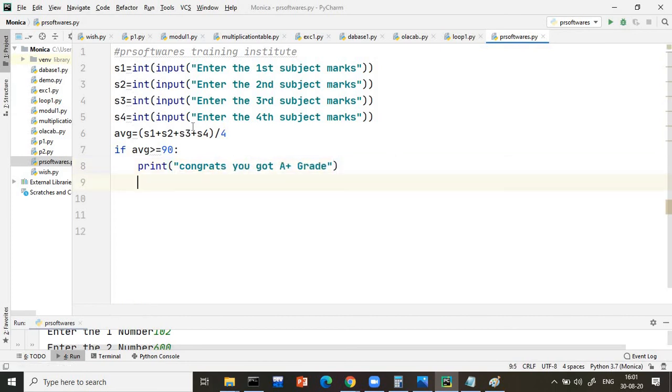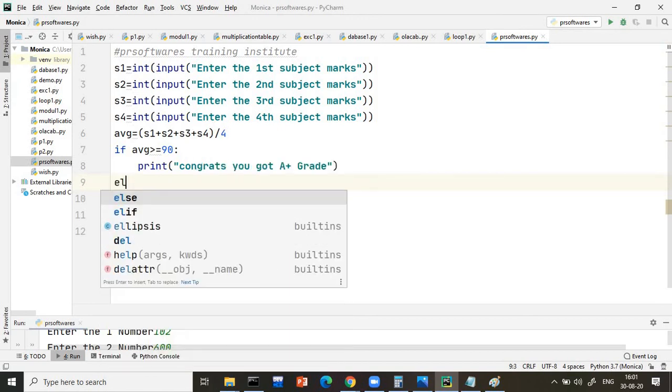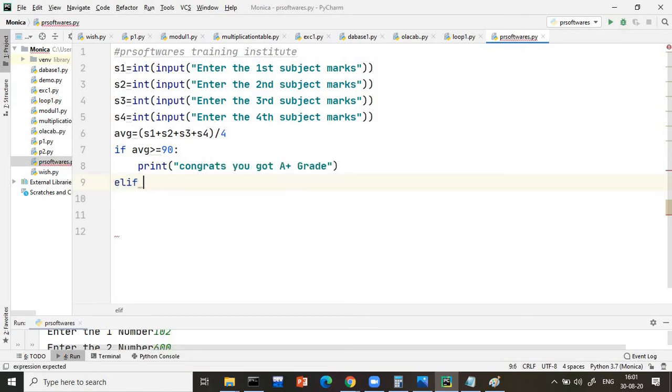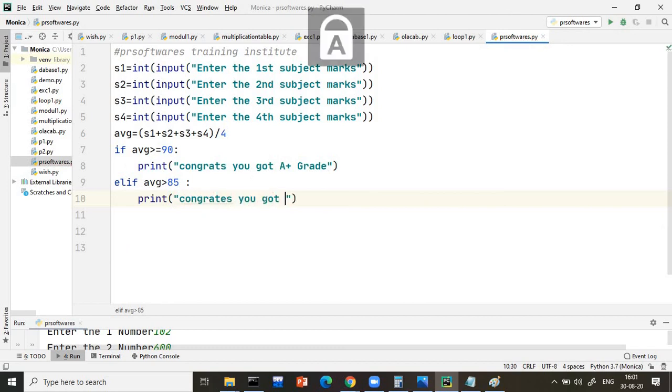Now if this condition is not greater than 90, then it will come to which block, guys? Elif. Just now we have seen if that condition is false, it will come to the next block. Here I will write average greater than or equals to 85. Actually many students will write average greater than 85 and average less than or equals to 90. But here no need to write. Why? Because when it is less than 90, then only it is coming to this block. So don't write this condition, not required. This is a mistake which people commonly make. Here you can write, congrats, you got A grade.